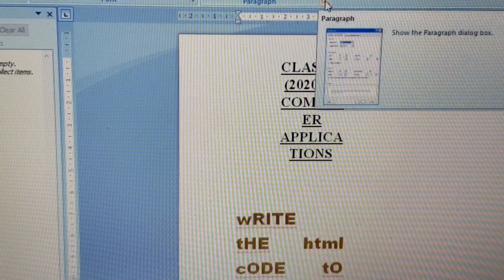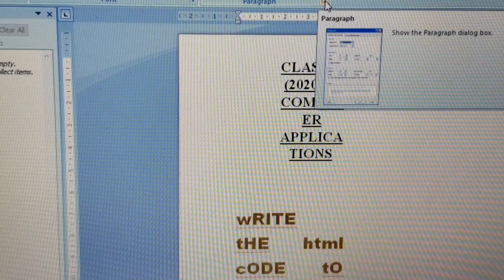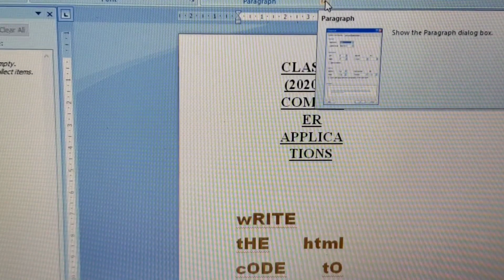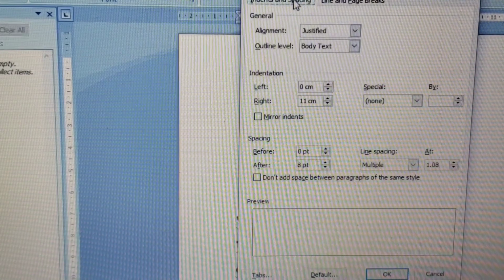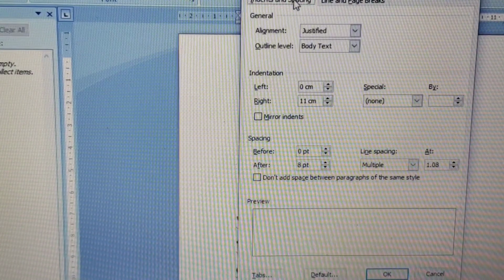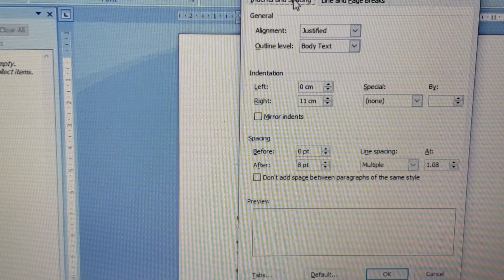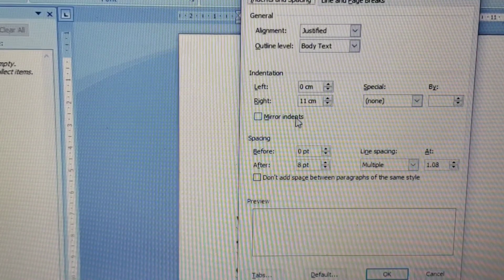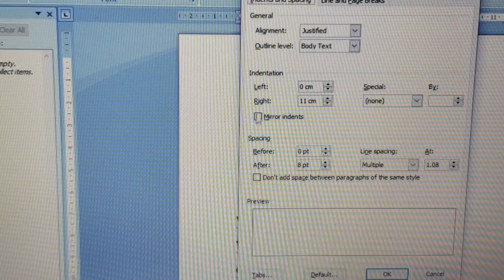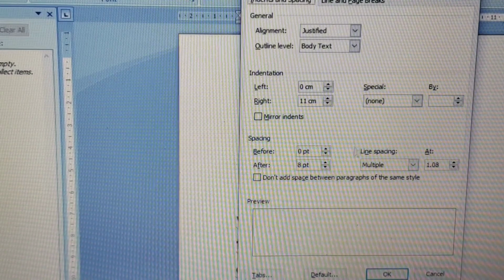Home, from this paragraph group in the home tab, and then this paragraph dialog box will appear. Then come to this indent and spacing.